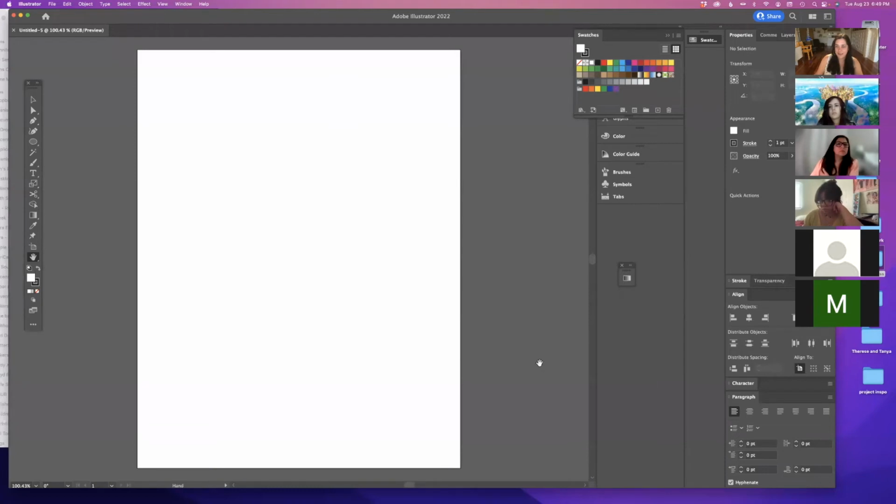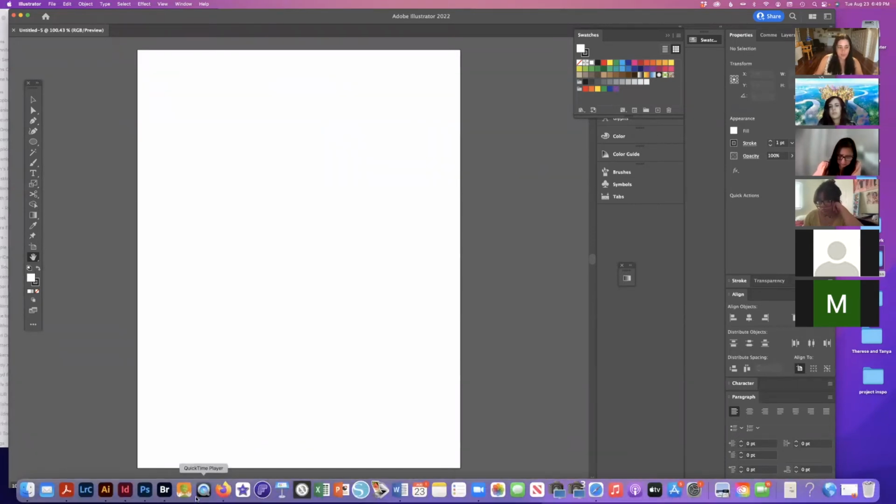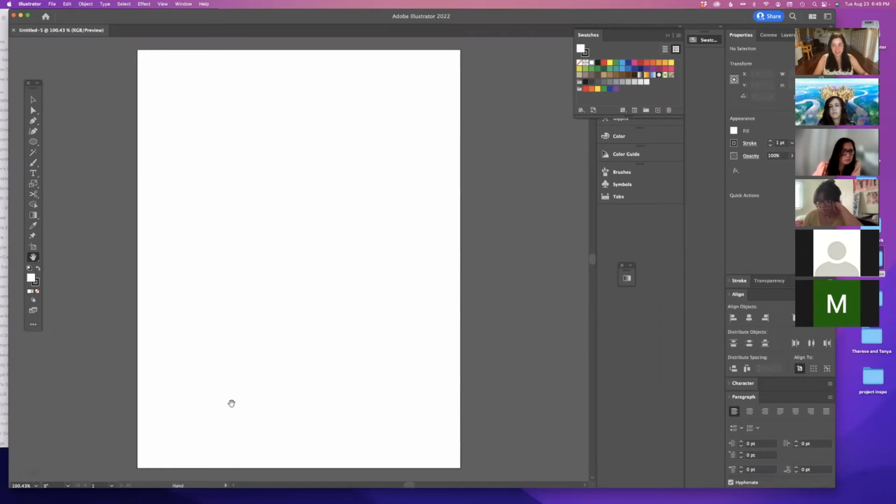And then here is my new artboard for that document. And I want to put my sketch. I already sent my sketch from my iPad to my computer with AirDrop. If you sketched on a piece of paper, you can just take a picture of it and send it to your computer or email it to yourself. It really doesn't matter how you get it there, as long as you can pull it over onto your artboard in some way.